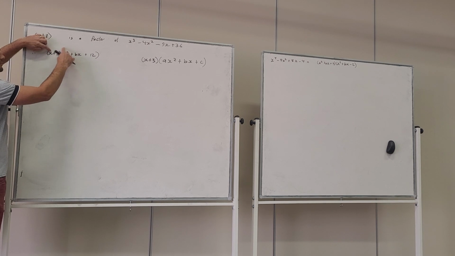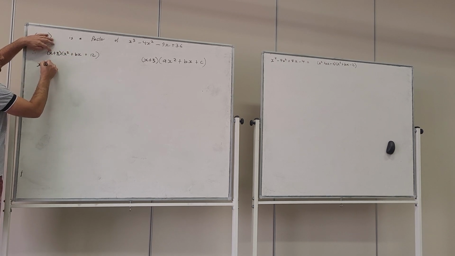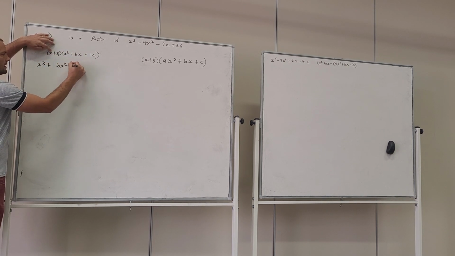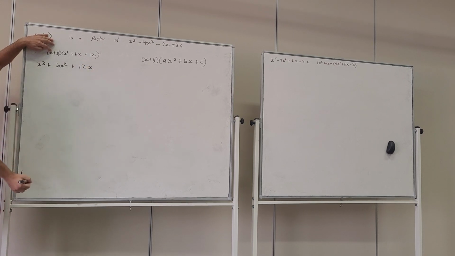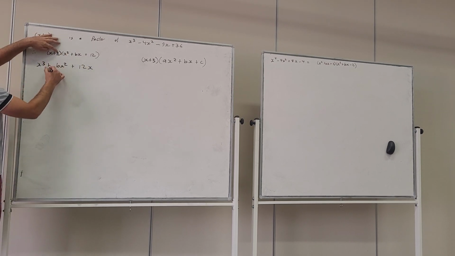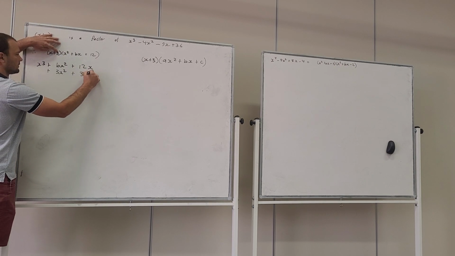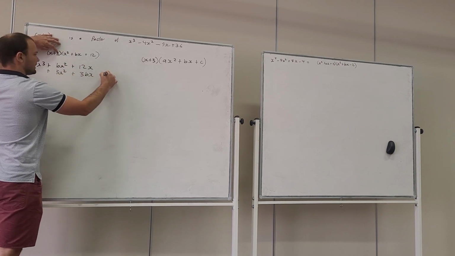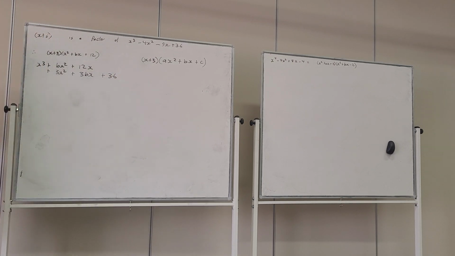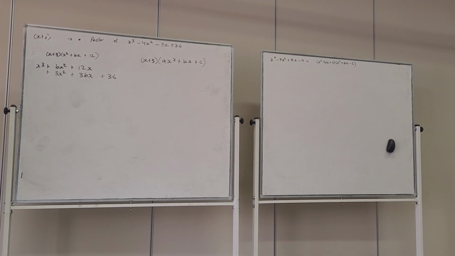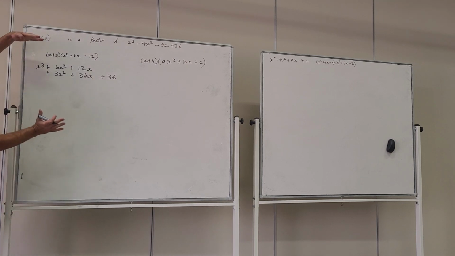Okay, so let's go through. We're just going to FOIL it. We're going to have x to the power of 3 plus bx squared plus 12x. Then we're going to have plus 3x squared plus 3bx, and then plus 36. So if we're going to collect them together,